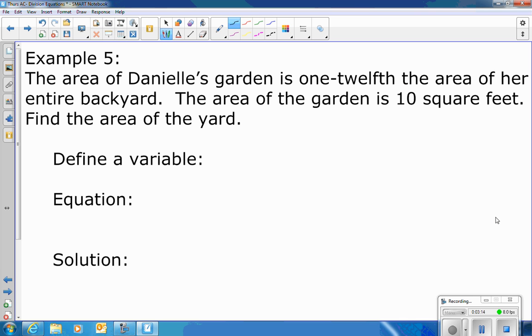The area of Danielle's garden is 1/12 the area of her entire backyard. The area of the garden is 10 square feet. Find the area of the yard. So the area of the garden is 1/12 of the area of the entire backyard. So if I take the area of the yard and divide it into 12 pieces, that should give me the garden. So that's my equation,